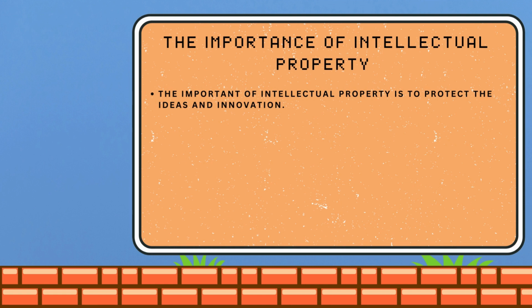The importance of intellectual property is to protect the creation of the mind that includes invention, artistic work, symbols, images, and literary work. Also, intellectual property protects the business from their ideas and concepts. Additionally, as I said before, it provides the author protection for their original work. And intellectual property rights are essential because they protect what's yours.